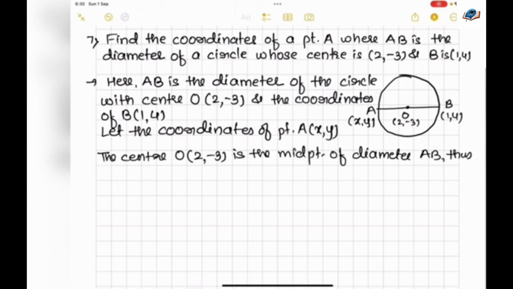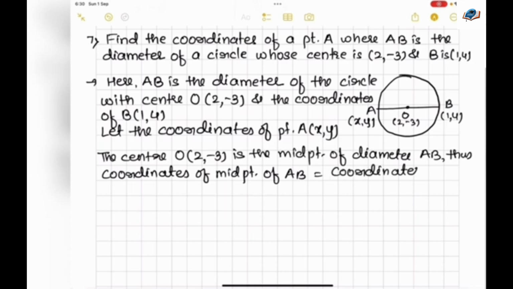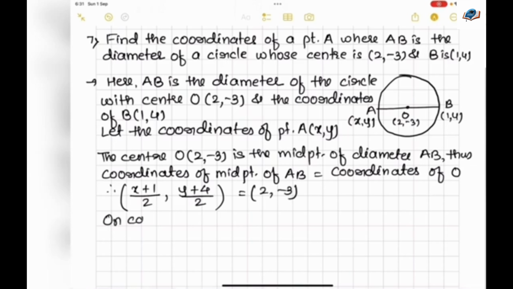Thus, coordinates of midpoint of AB will be equal to coordinate of O. So, therefore, (x plus 1)/2 comma (y plus 4)/2 will be equal to 2 comma minus 3. So, on comparing,